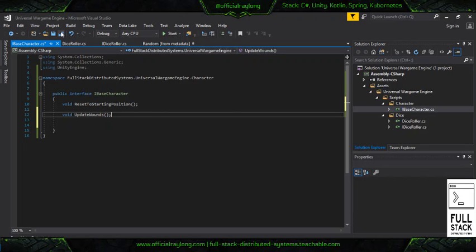A lot of programming is sitting around looking at a few lines of code and thinking about all of the options and all the rabbit holes it's going to drag you down and waste your time. So here's what I'm thinking. Update wounds. Where's that coming from? Well,